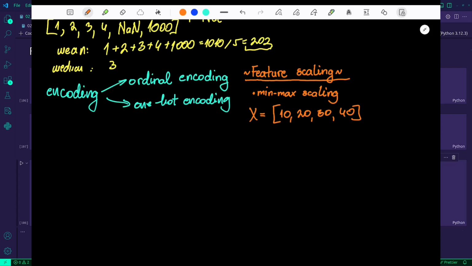Now, with the min-max scaler, we have this formula in which x scaled is x minus x minimum, divided by x maximum minus x minimum.